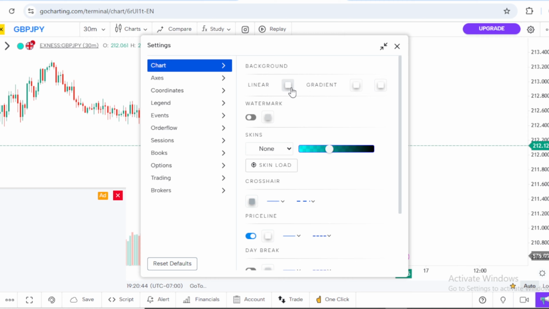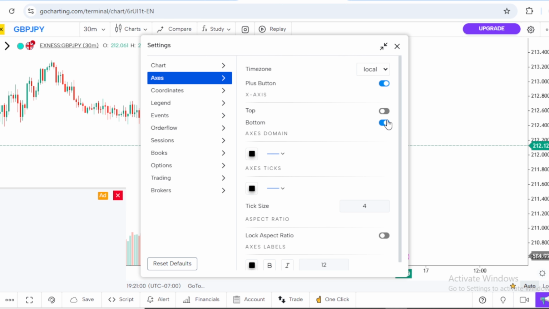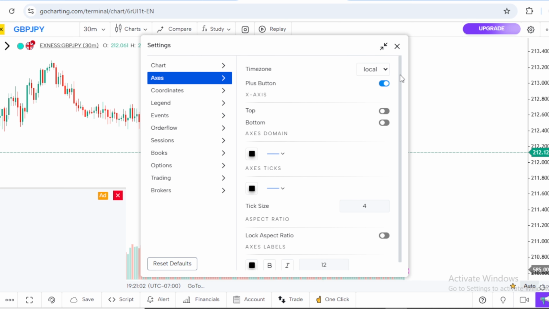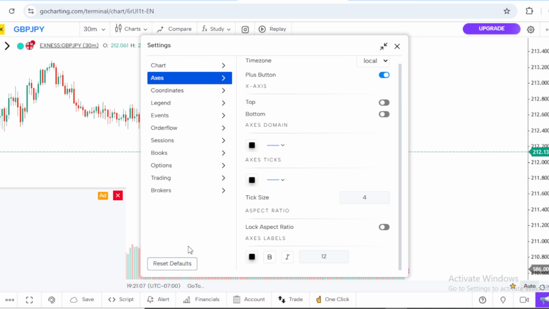This is linear. Go put it on white. You push it to the top. Push every bit of it to the top. So this is done for the background, and you can see this is the bottom. You can clean up the line. There. That's all we have to do here.